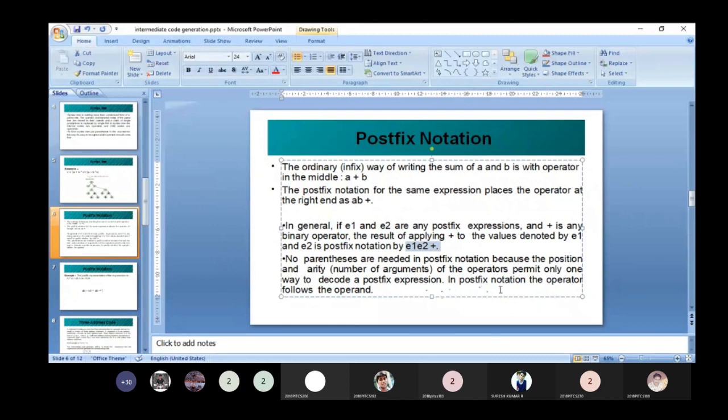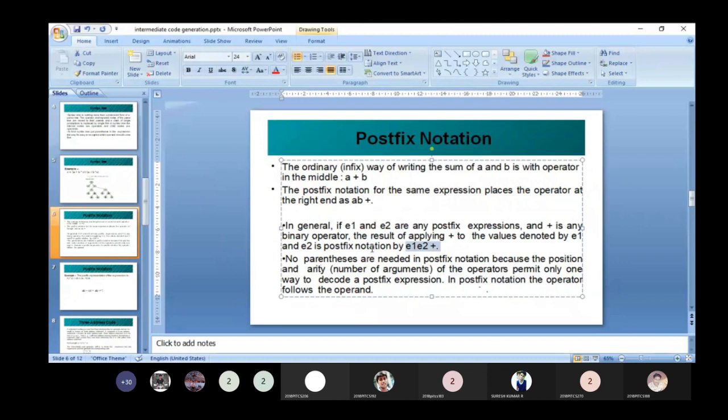Okay, so in postfix notation, the operator follows the operands. Already I told you, suppose E1 and E2 are postfix expressions and plus is the binary operator. How can we write it? Operands first, so E1, E2, and then you write the operator. So E1, E2 plus.